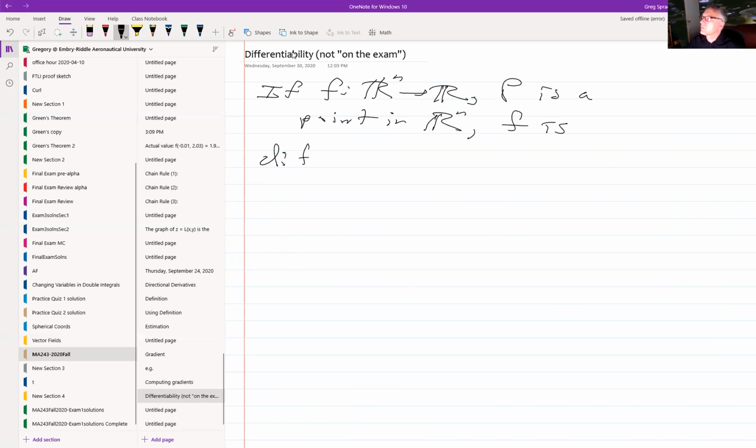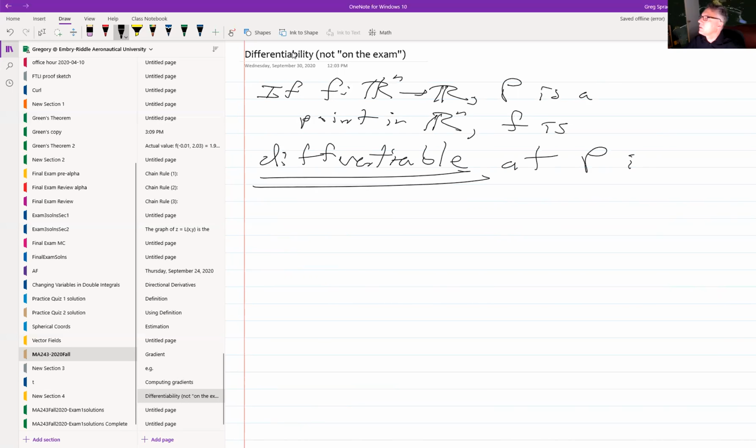Then we say that the function f is differentiable at P if there's a vector, an n-dimensional vector,